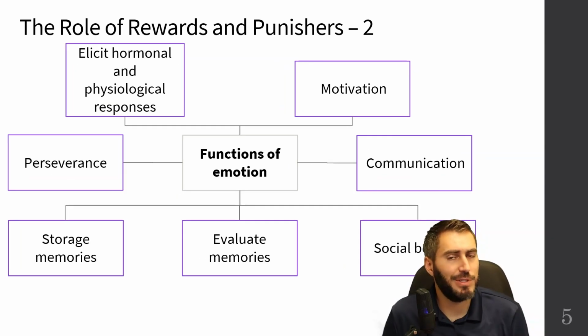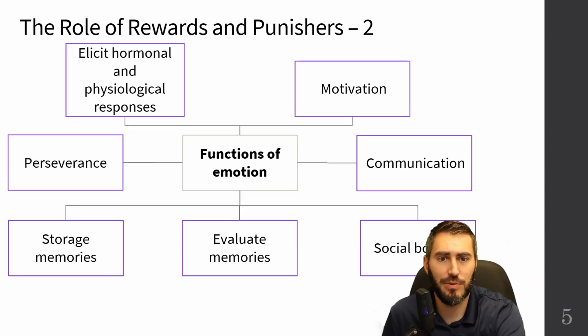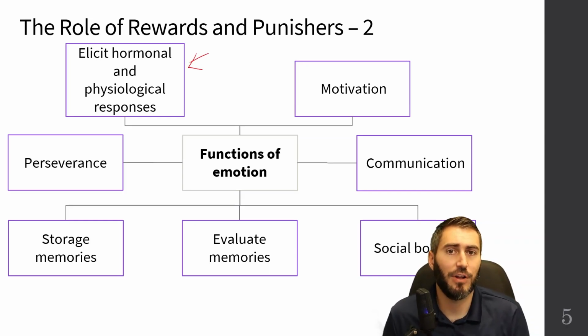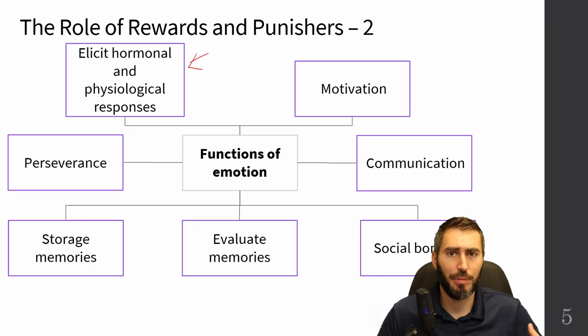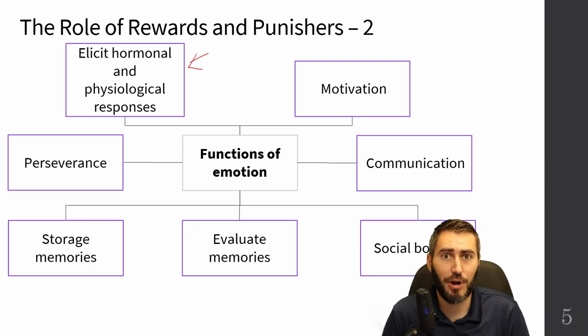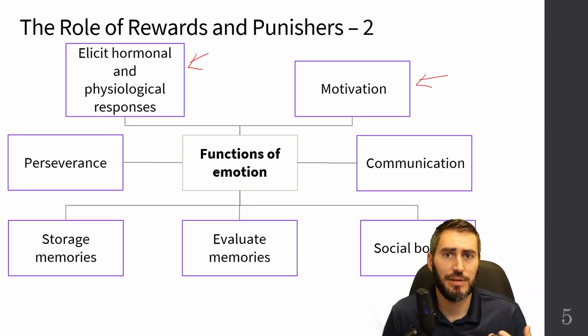But what are the functions? What's the use of emotions, and why do we have them in the first place? Well, there's a lot of things that they can do. First off, they can help us to elicit different hormonal responses or physiological responses. We talked about how those two things go hand in hand with emotion a couple slides ago, but this can be beneficial when we need certain physiological things to happen. If we are in danger and we need to prepare our body or have some physiological response to that danger, emotion can go with that and help us have those two things happen. Even as simple as motivation, right? Emotion can help motivate us to do something.